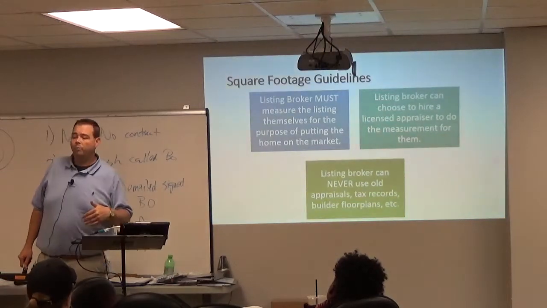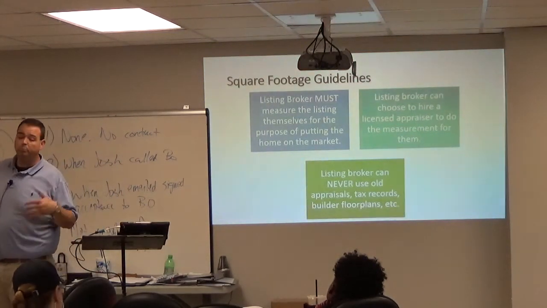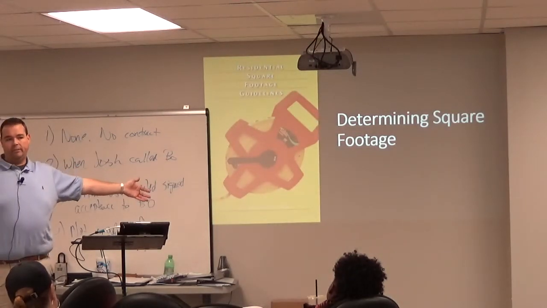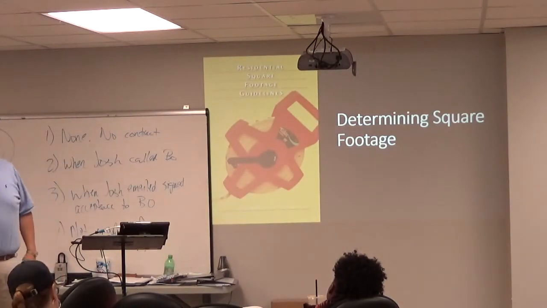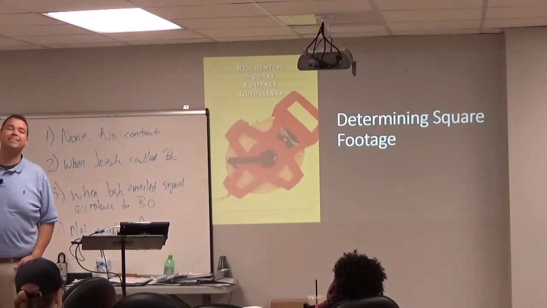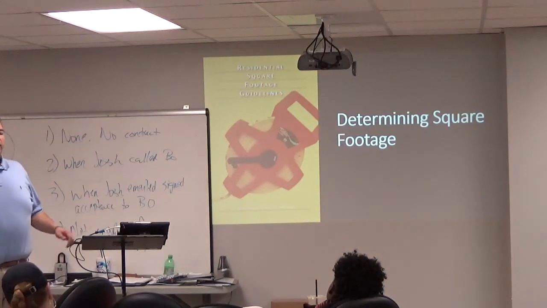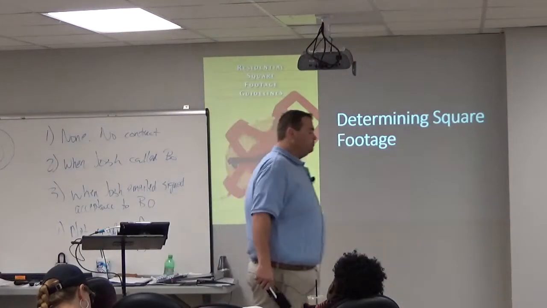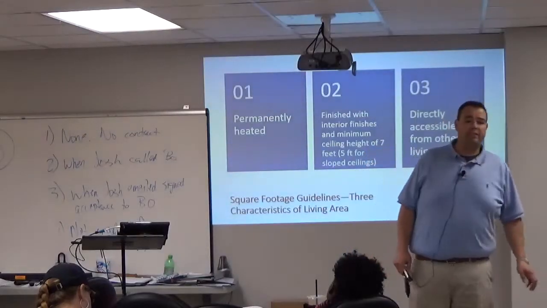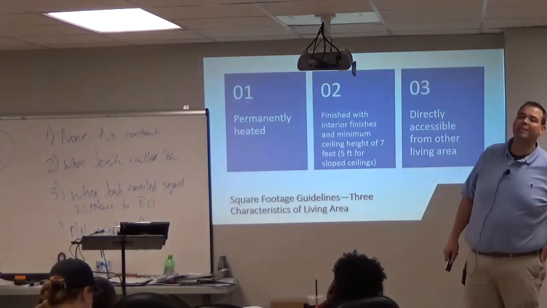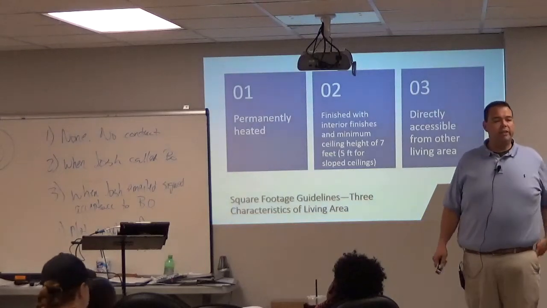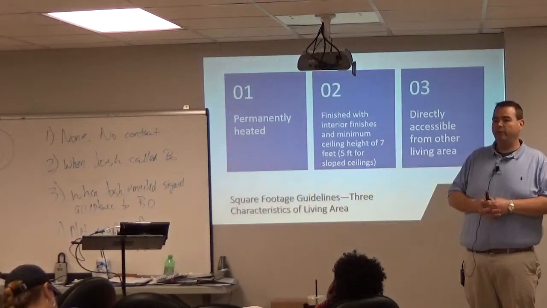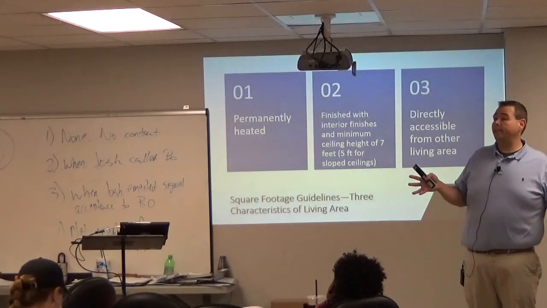So now we want to talk about, because the Real Estate Commission does publish, that's what this book is, the square footage guidelines for you in case you decide. Remember, it's not a material fact. So if you decide to list square footage, this book is available to you from the North Carolina Real Estate Commission. And what you need to know for test taking purposes are the basic criteria for living area. These are the only criteria in North Carolina for living area. It's not a long list.